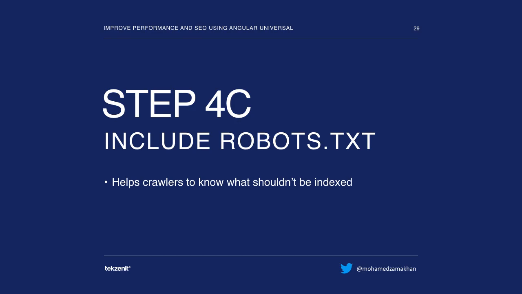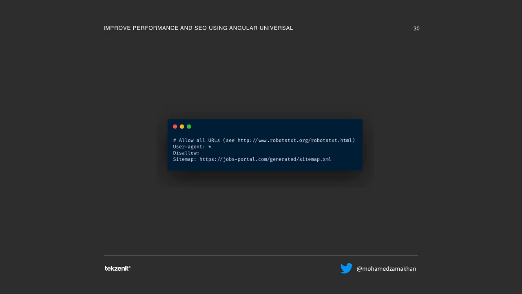So the next step that we can do is include a robots.txt file. Whenever your crawler comes and visits your website, it always goes to your domain /robots.txt to see what the URLs are that it cannot access. So if you have private pages that you don't want crawlers to come and visit,